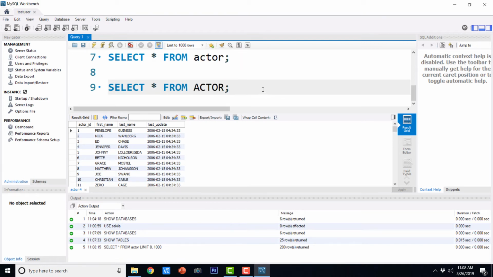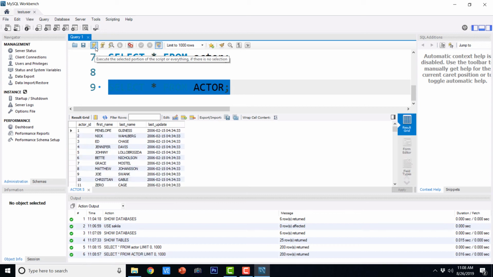Still the result will be the same because the queries are case insensitive, except whenever we are dealing with character data. So if I execute this, we still get the same output. So remember this while creating your objects. The case of the object name doesn't matter.